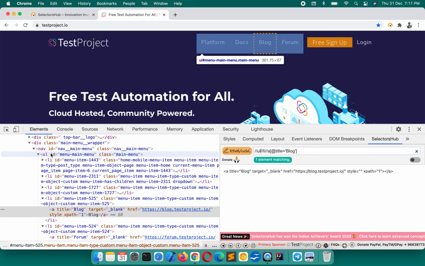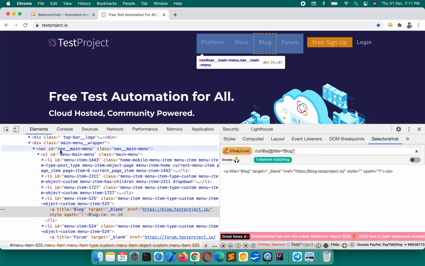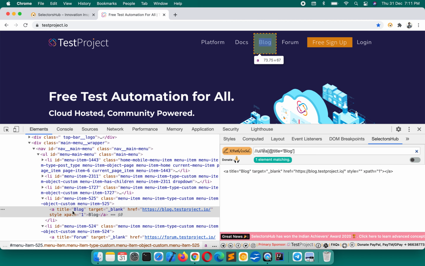From this ul we are writing the XPath for this particular element. Now just use a single forward slash here. So from this ul we are coming to this blog.